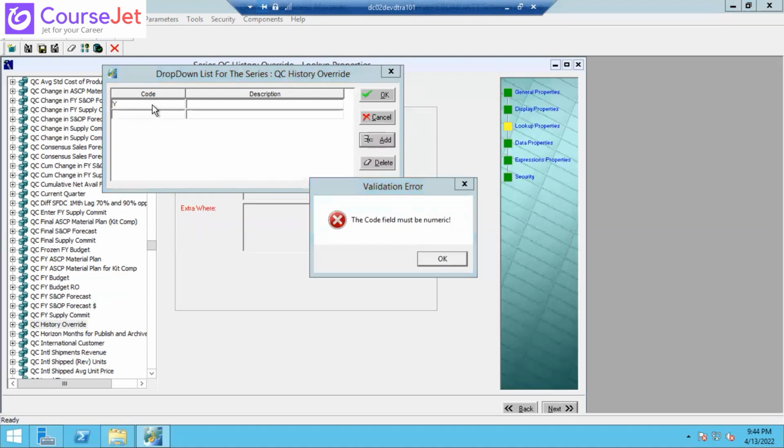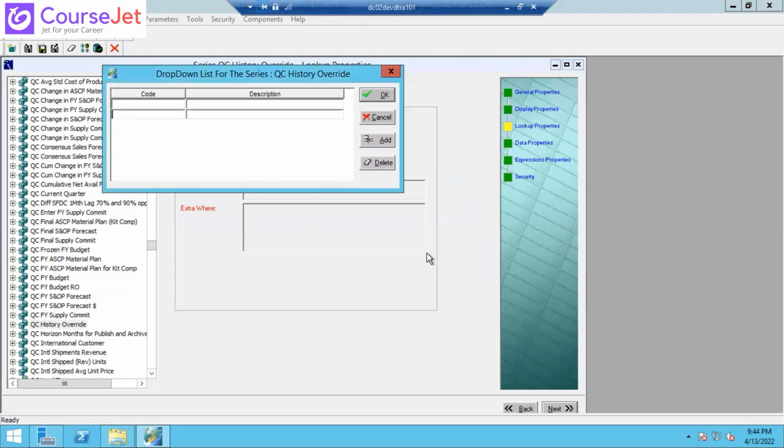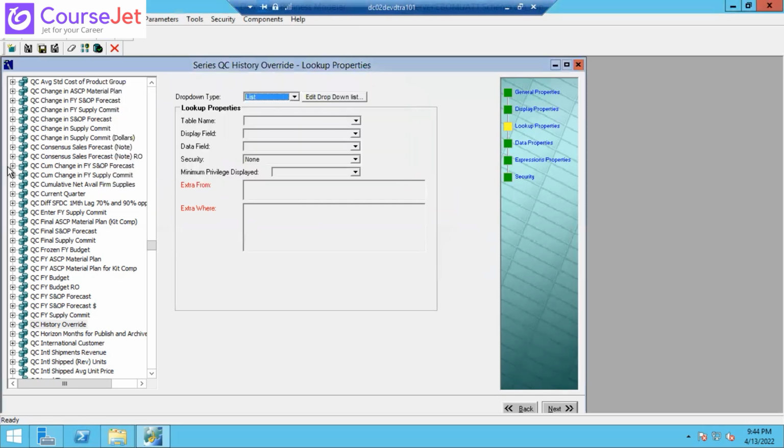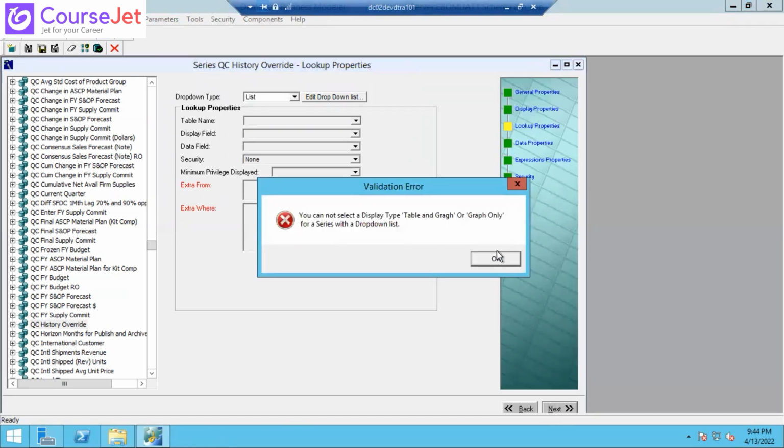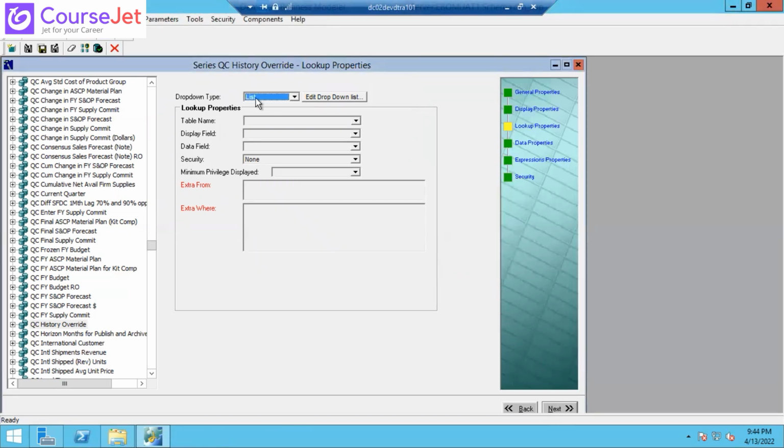It has to be one, and then it will be yes, and then if it is 2, it will be no, and then if you select next,